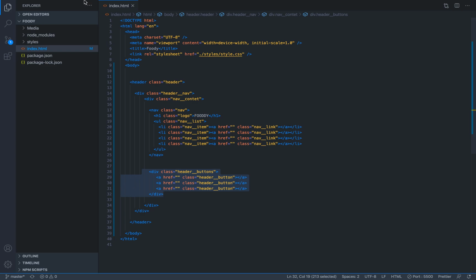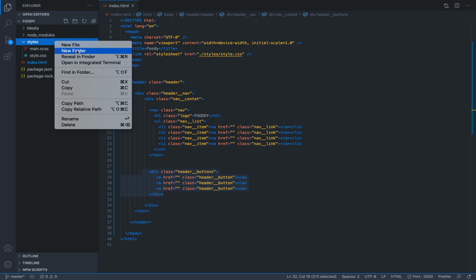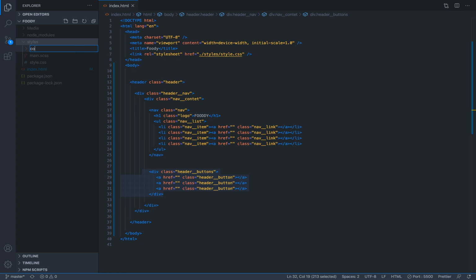language. So again, here in my styles folder, I'm gonna right click and choose a new folder. I'm gonna call it components. Okay, and essentially we are gonna go modular, we are gonna make more than one CSS file